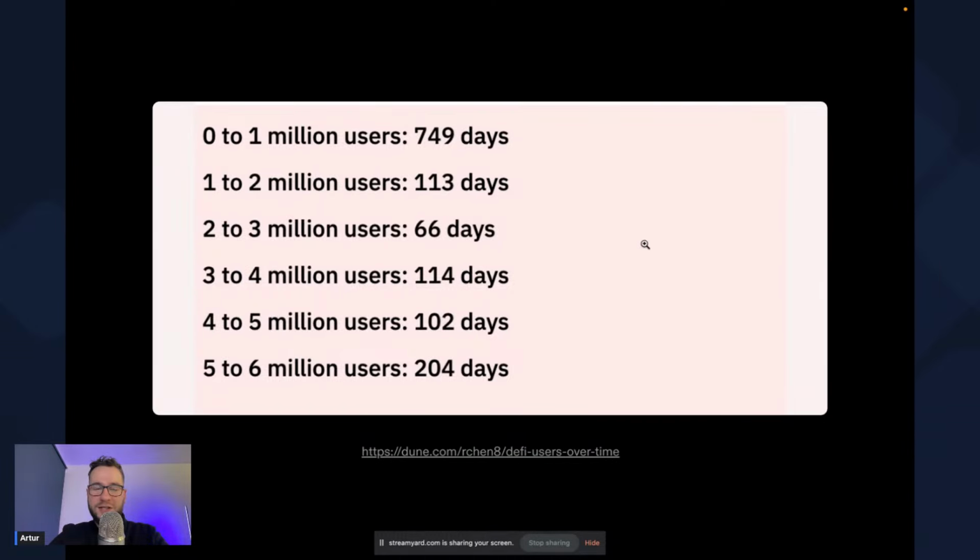But still we have to remember that this is DeFi. This is something that is actually damn hard: if you would like to start investing or staking your coins, you have to go to a centralized exchange. Then you have to take your coins and go with your wallet to some decentralized stuff. So this is a lot of overhead, but still, as you can see, a lot of people are using these tools every day. And I think that every month, every year, we would have more and more people that want to use these products, because